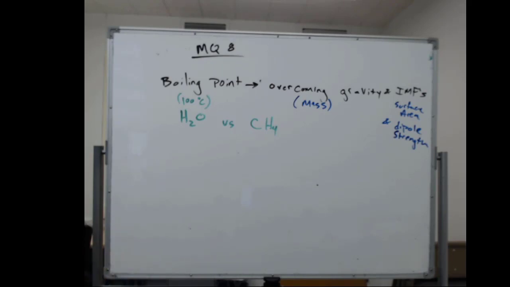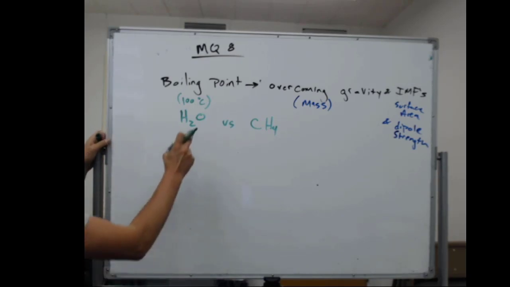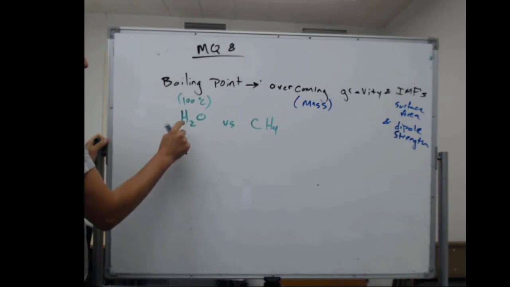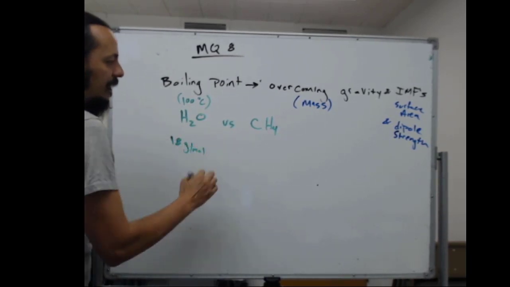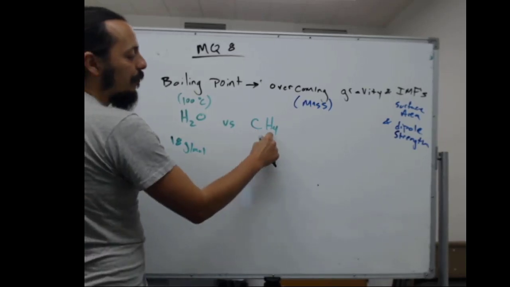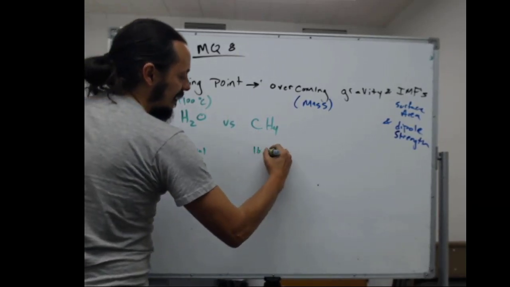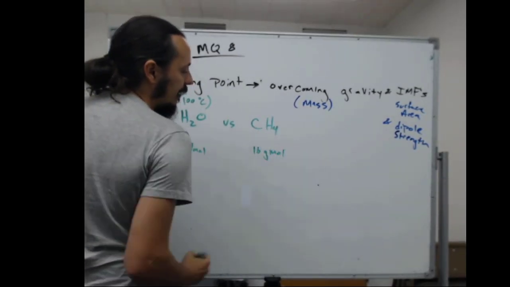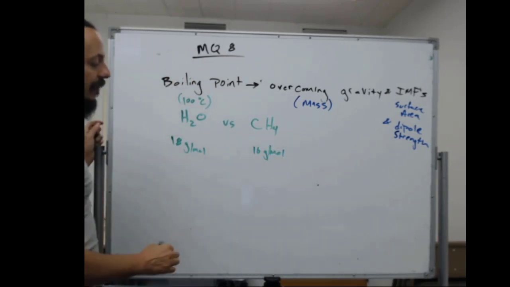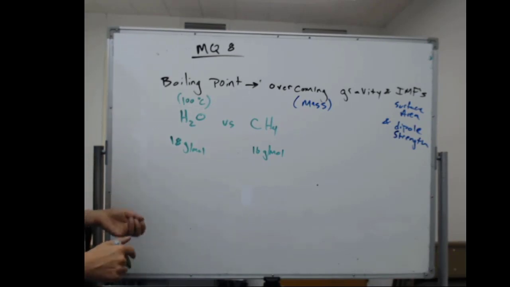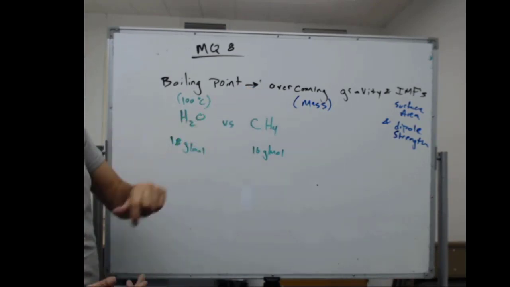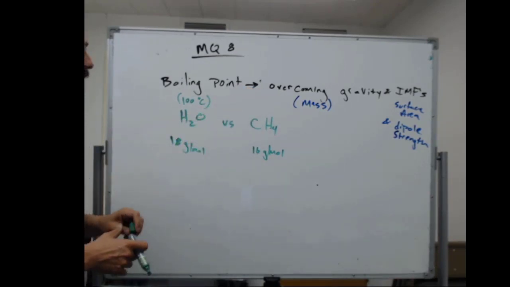Here's the interesting thing. If we looked at the mass of a water molecule, oxygen is 16, and the two hydrogens make it 18 grams per mole. If we look at CH4, that's 12 plus 4, that's 16 grams per mole. So just from the mass, they're about the same mass. So that's not going to have a huge influence in the amount of energy it takes to boil these things. However,